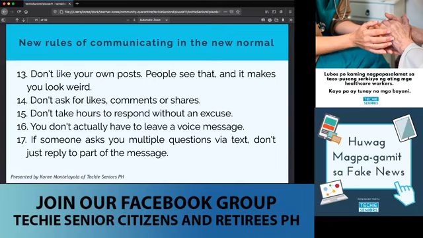Number 15, don't take hours to respond without an excuse. Lalo na if it's a business matter or a family member or friend asks for an important favor. No? Yan yung sinasabi natin na, na-seen zoned ka. Okay, seen zoned. Kasi sa messenger, makikita natin if a person has read your message. Kasi makikita seen, no? Hanggang dun lang. Tapos hindi siya nag-reply. So that is rude, di ba? Lalo na ngayon, yung